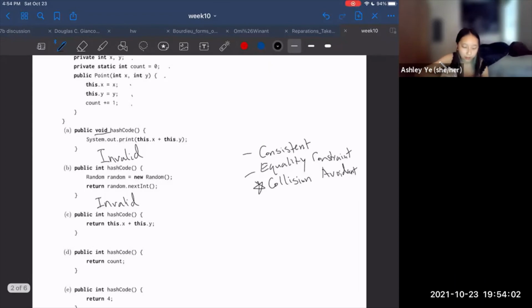So going into part C, we have another hash code method that returns an integer, and it's a sum of the x value and y value of the object. So if we call hash code on an object twice, as long as the x and y have not changed, it will always return the same hash code because summing x and y will always result in the same number. So it falls into